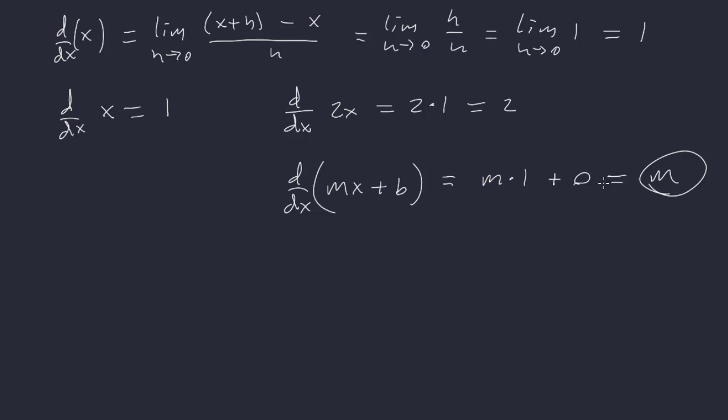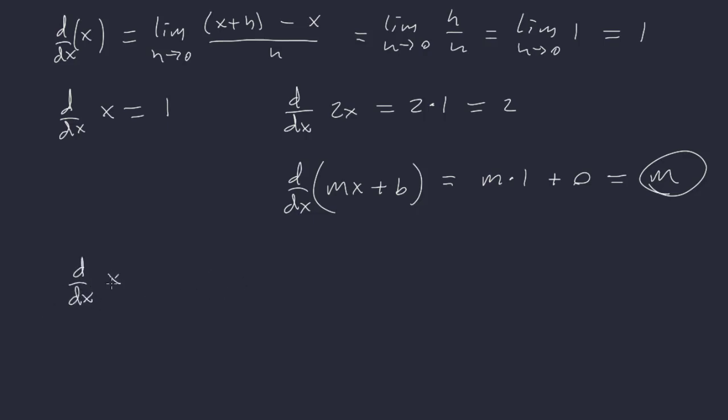Hopefully that makes sense, because a line has what's called a constant rate of change. Okay, and a constant rate of change means it's always changing by that same amount, right? That same rate. And it turns out the derivative aligns with that. All right. Next up,